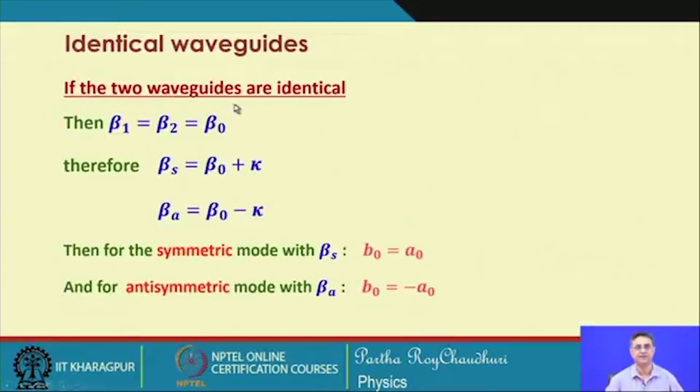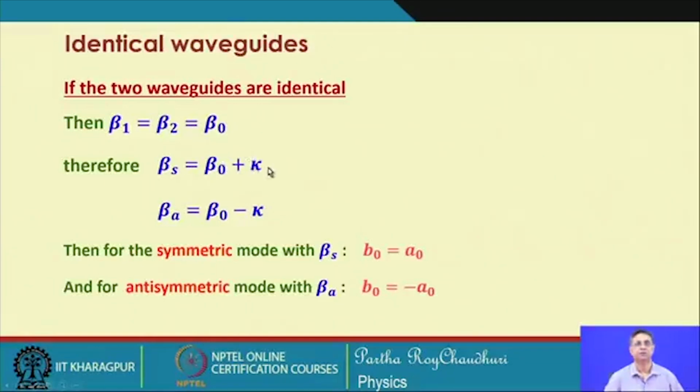If we now consider that the two waveguides forming this directional coupler are identical, in that case the modes of the individual waveguides will be the same, and they will be represented by the same propagation constant, that is beta 1 equal to beta 2 equal to beta naught, let us suppose. In that case, beta s will be equal to beta 0 plus